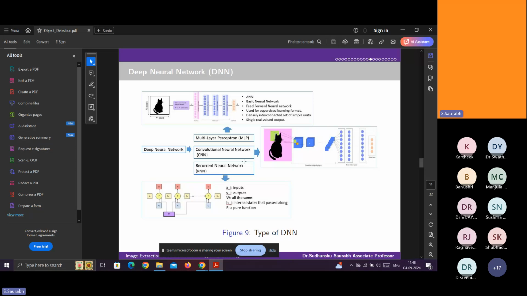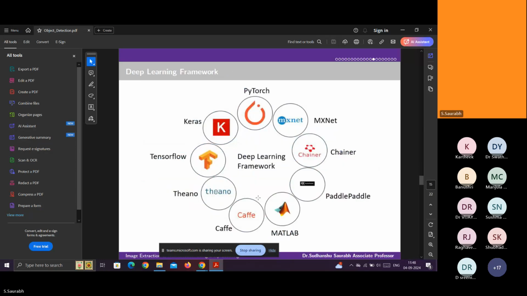CNN model means any of these models. So combine this and it will become a hybrid, and then it will take care of the analysis of the voices.